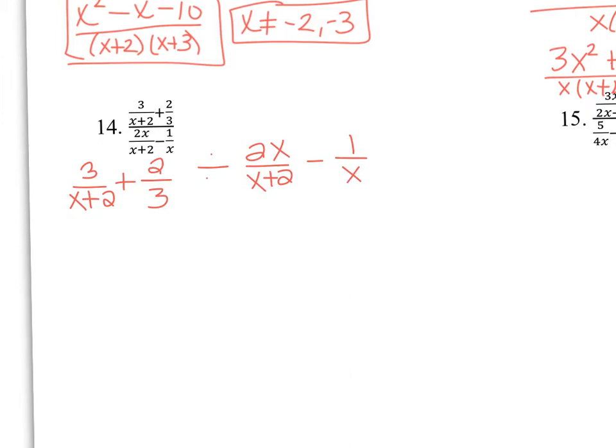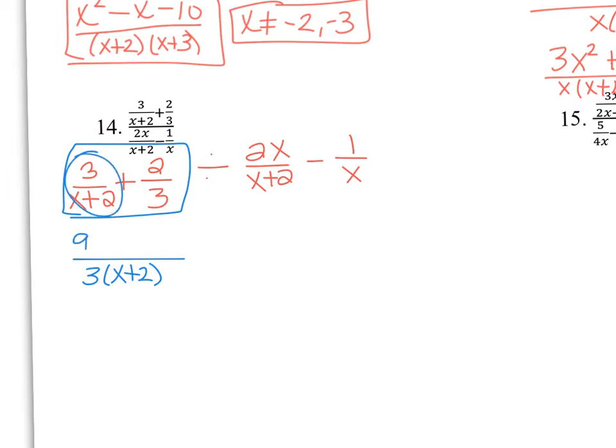So if I look at just this piece first, the common denominator is 3 times x plus 2. If I multiply what's missing on that side, I'm missing a 3, which gives 9. If I multiply what I'm missing on this side, I'm sorry, it's 2 plus x, which is x plus 2. Divided by